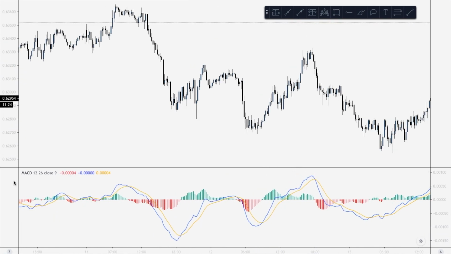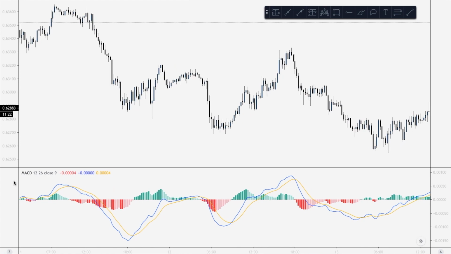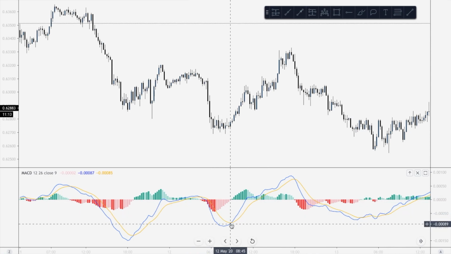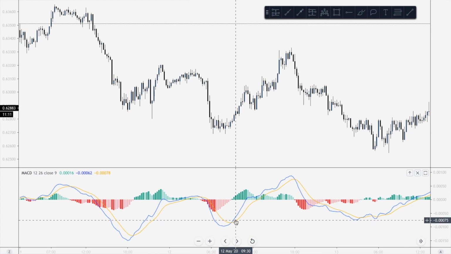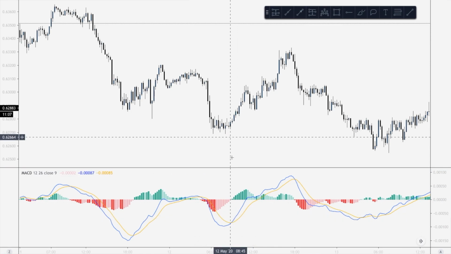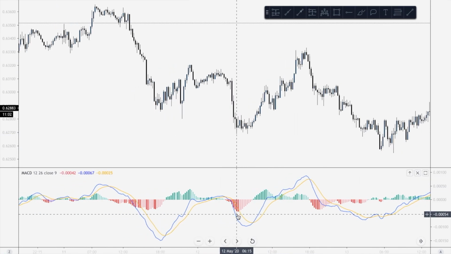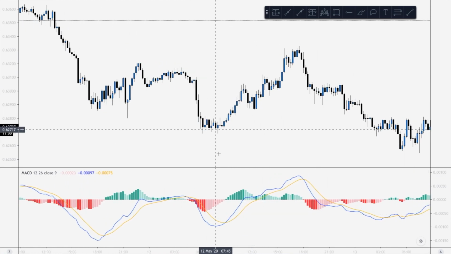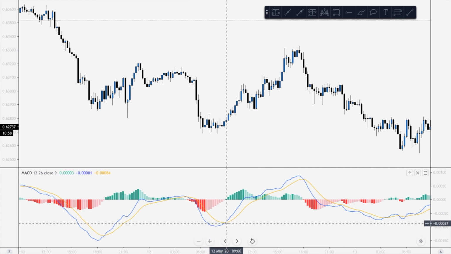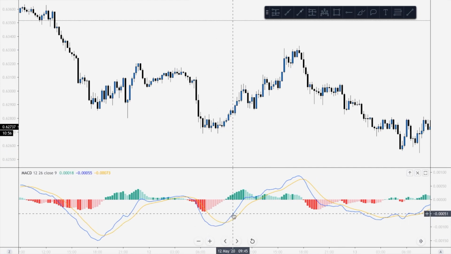Number 2 is MACD line and signal line crossover signal. When both the lines, that is the MACD line and the signal line, are far below the baseline, and the MACD line crosses the signal line and moves above it, traders take it as a buy signal and enter a buy trade. Like you can see here, when the MACD line crossed the signal line and moved above it, the price started